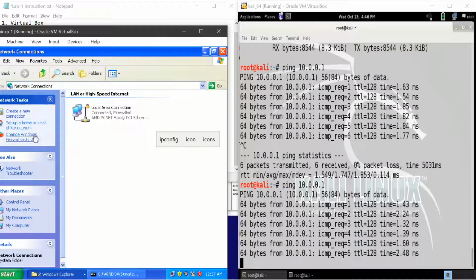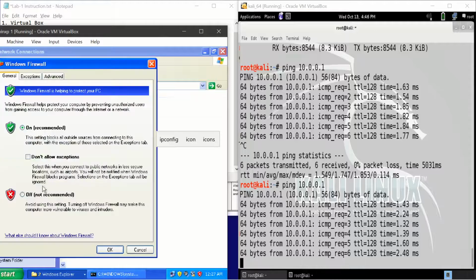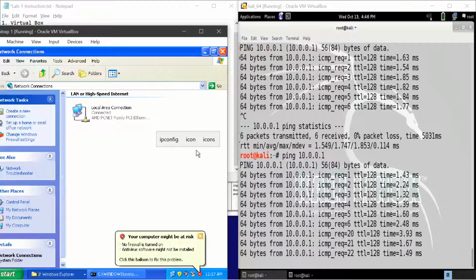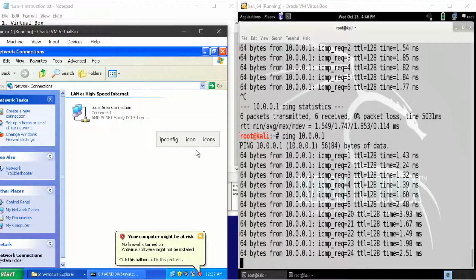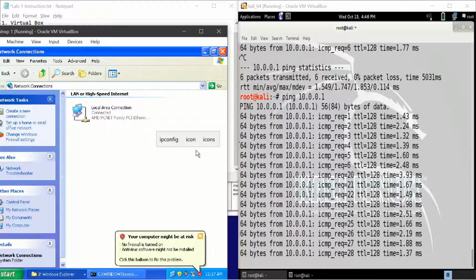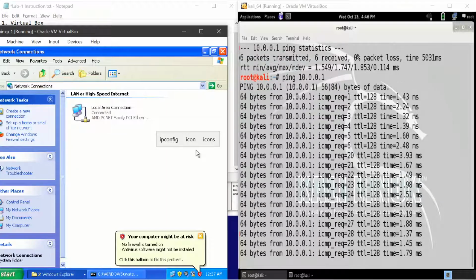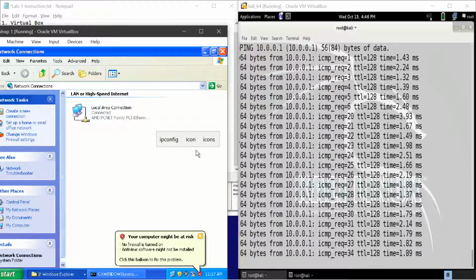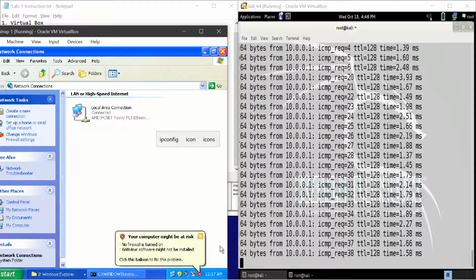So again go back to firewall settings, I switch it off, and it pings automatically. So this is the difference why I switch off the firewall. Without switching off the firewall, we can also enable ICMP flow between XP and Kali.